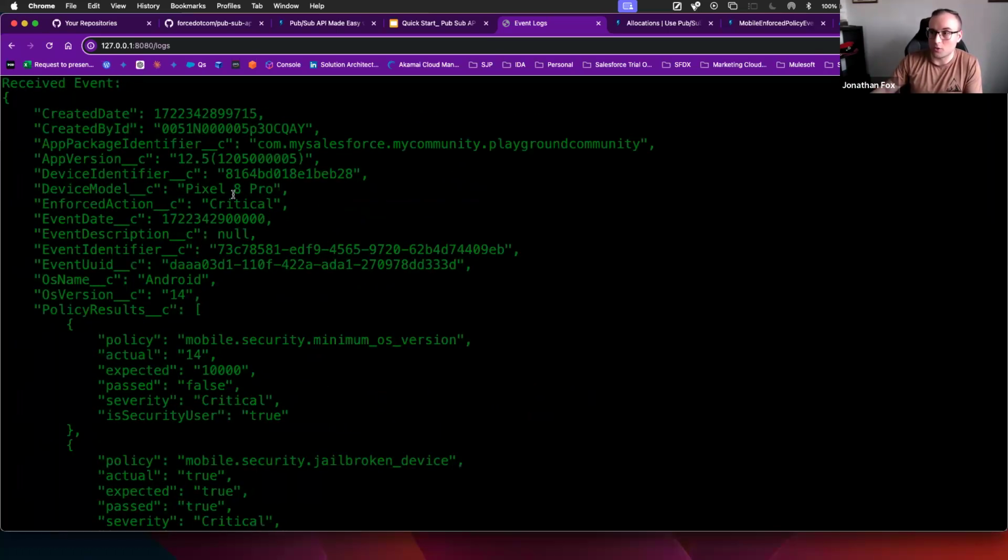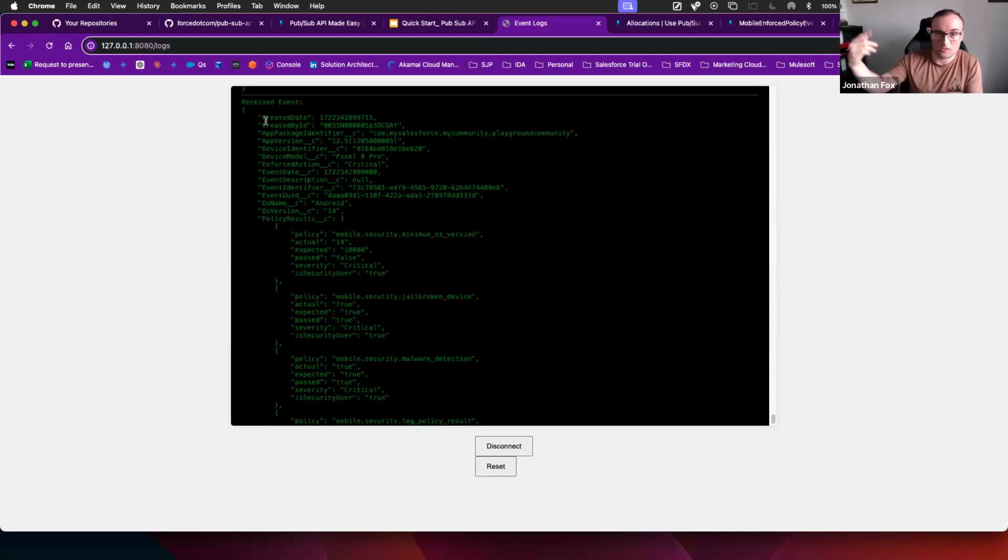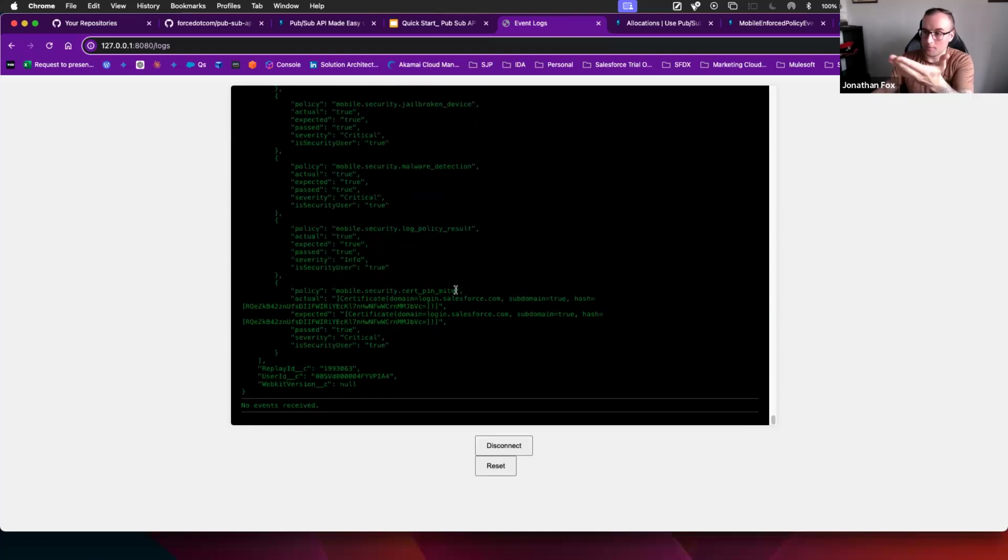And then I'm able to do whatever I want to do, which, as you saw in my Python app, I just logged it. I'm logging it here. This is where you then send it off and do whatever you want with it. So that's basically an example of me using the PubSub API, and you can see it's just constantly listening for any other events that might happen, and it will just log them there when they come through.